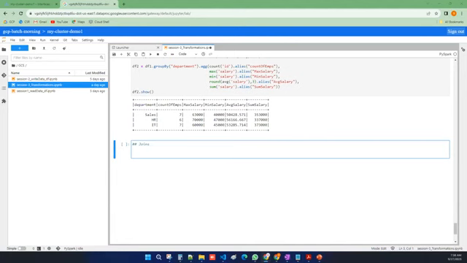So let's take a sample, employees as well as departments, and let us try to see how the joins will work in PySpark. For example, let me take